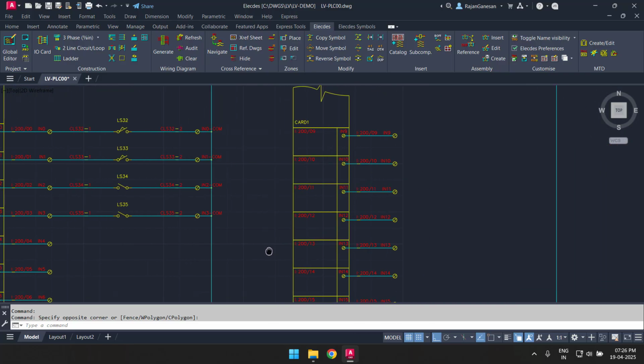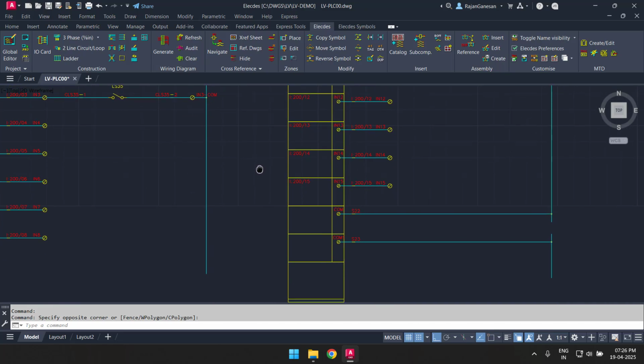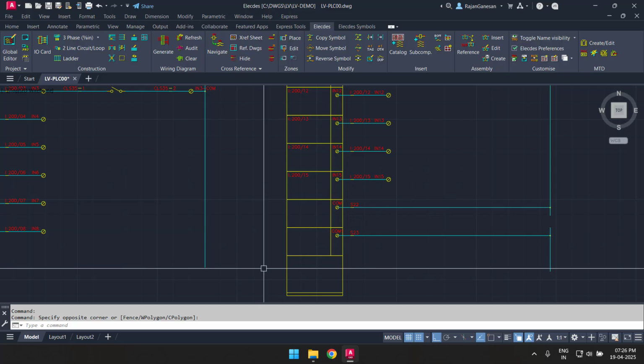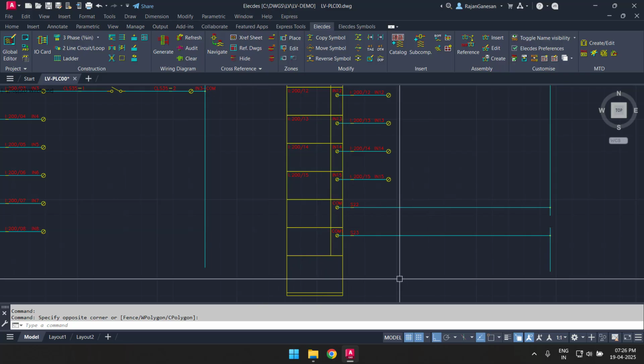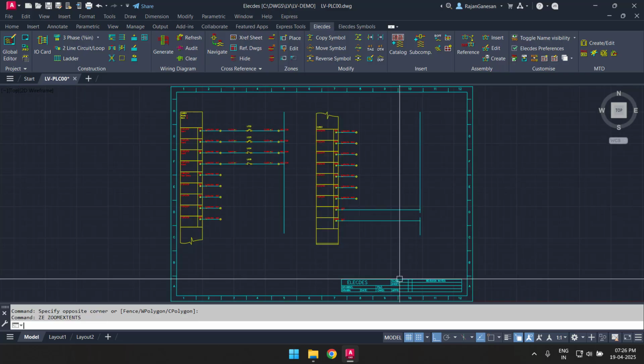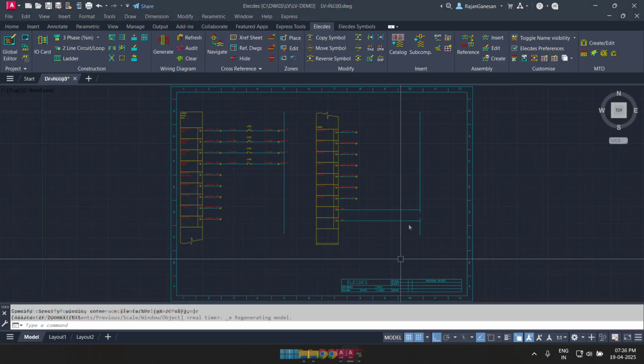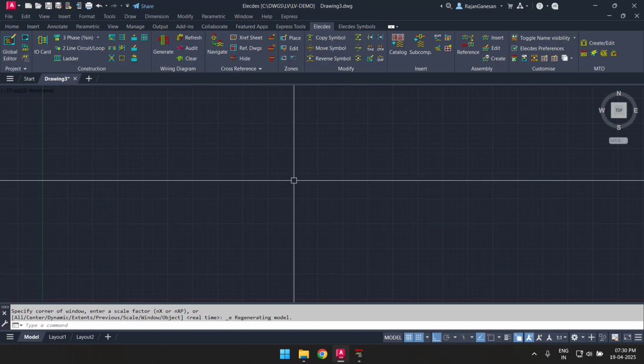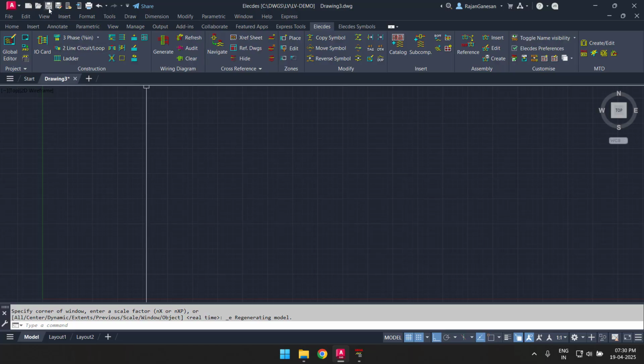Just a quick note, the Elecdes PLC tool can be customized to suit your needs. You can add card types, manufacturers, I/O circuits, and of course you can substitute your own symbol, colors, layers and graphics. For the next part of the demo, I will create a wiring diagram, a great tool for wiring your panels, devices and terminal strips.